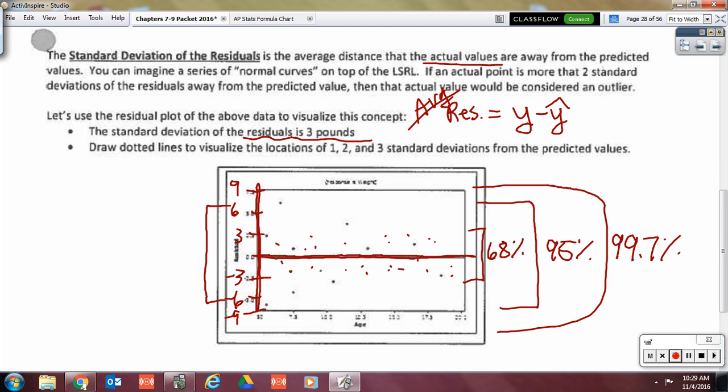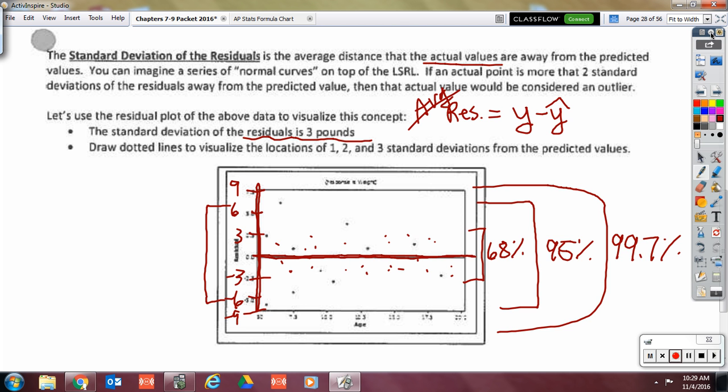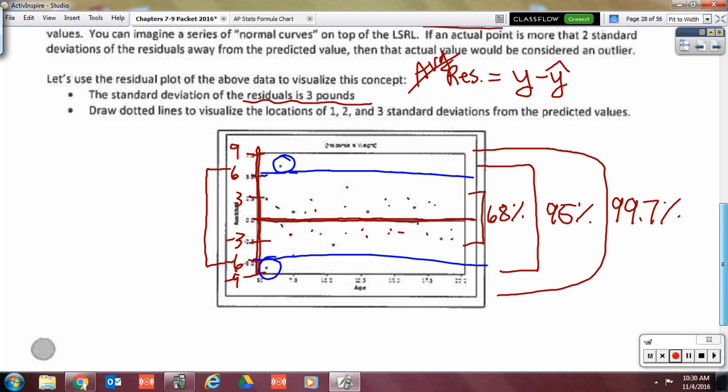And let's look at our data, see if there are any outliers. Is there anything past this 2 standard deviations? And it looks like we do. We've got 2 values there that end up being outliers because they are past the 2 standard deviation mark. All right, so that is our standard deviation of the residuals review. Okay, moving on